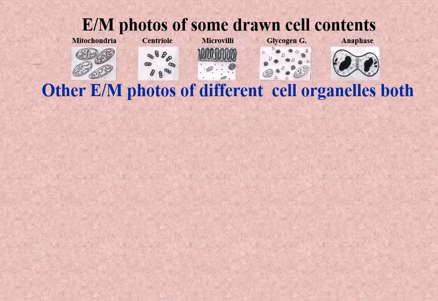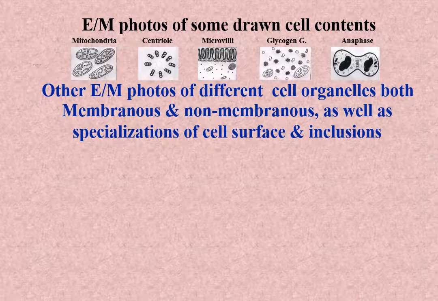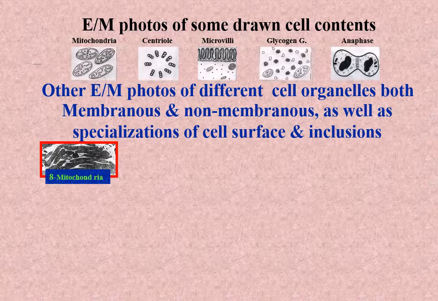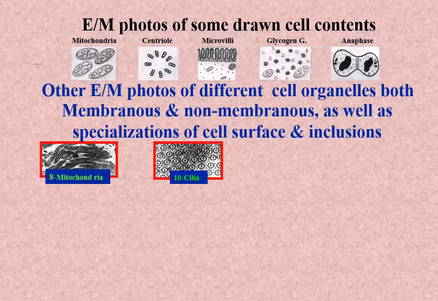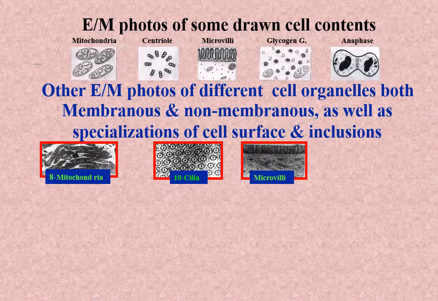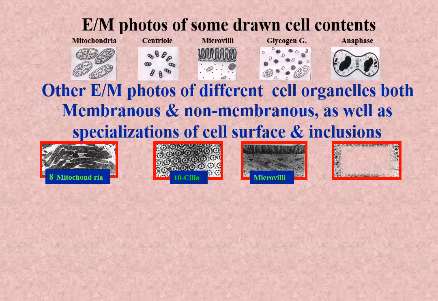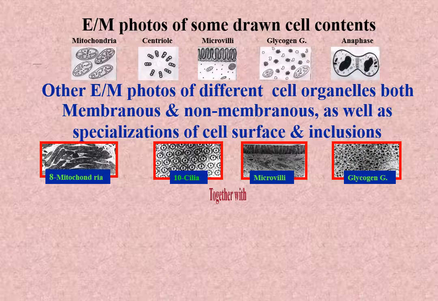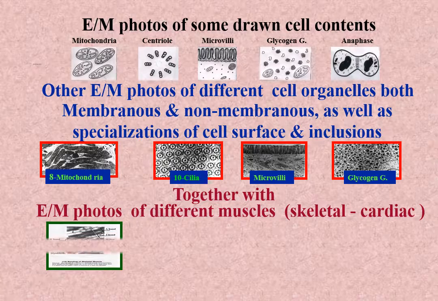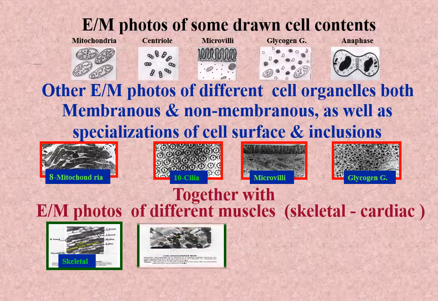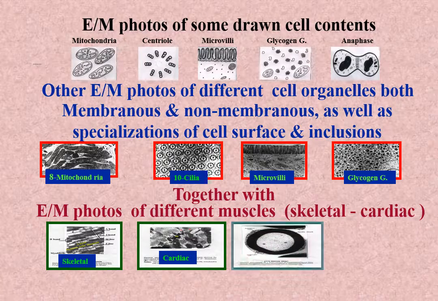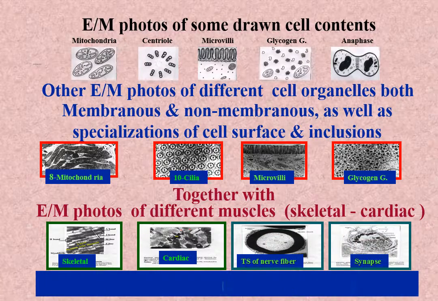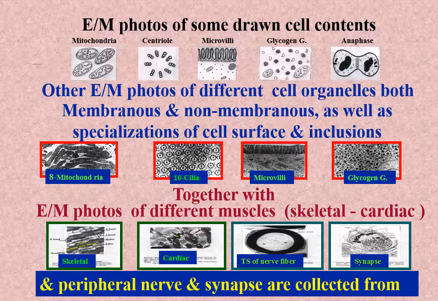Other electron micrograph photos of different cell organelles, both membranous and non-membranous, as well as specializations of the cell surface and inclusions, together with electron micrograph photos of different muscles, skeletal, cardiac, and the peripheral nerve and synapse, are collected from the net site